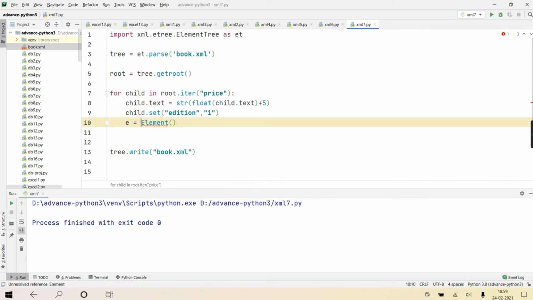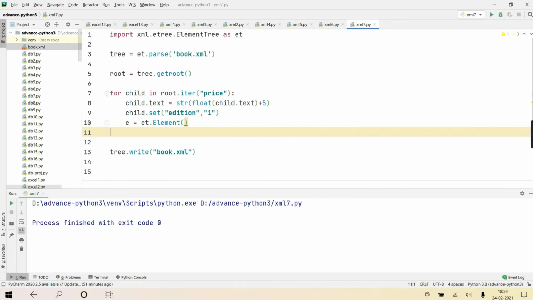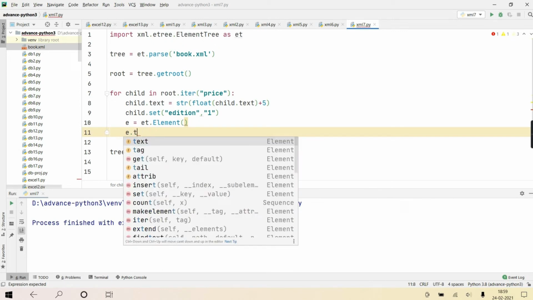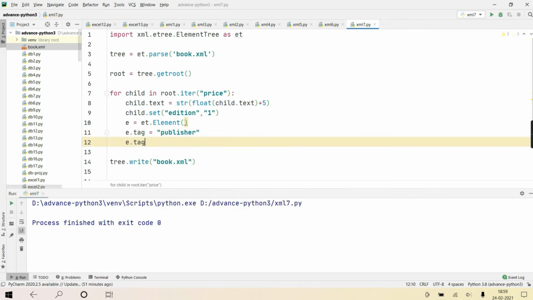Why? Because this is present in that library, no? So et.Element. Then e.text. Sorry, before that I'll give a tag name. Tag name I'll give publisher. Then e.text.